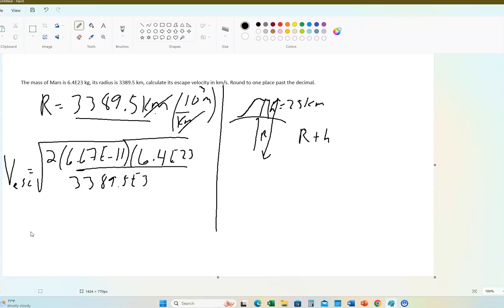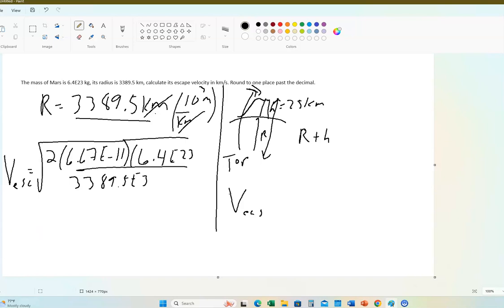All right, so it's the exact same equation, but from the top of Mount Mars. So this is the top of this mountain. Okay, so that's not drawn exactly right. So from the top of the mountain, the escape velocity would be,